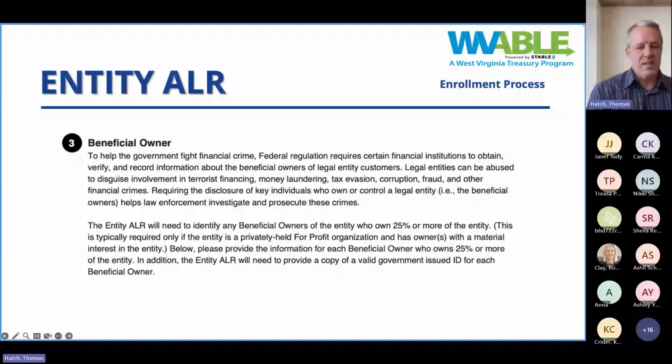Basically, if a single individual owns 25% or more share, if you will, of this particular company, then they ask for this information. But if it's a not-for-profit, if it's a governmental related organization, all of those are not going to have anything to do with this particular piece. And as mentioned, I have yet to see anybody fill this piece out and it be applicable to them. It is part of the form, so I wanted to mention it, but likely you're going to skip over all of the pages that deal with beneficial owner.